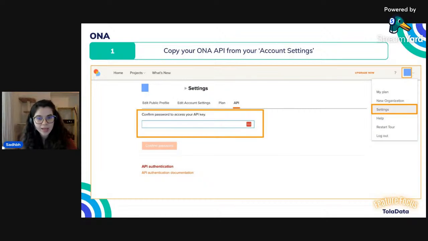So now, moving on to ONA, it's a very similar process. Have your ONA account open, click on your profile or your avatar up in the top right. Within the drop-down menu, you should find the settings. Then under settings, go for the subsection called API. You'll initially be asked to confirm your password so that you can have access to this API. So input your password, select confirm password, highlight it, copy it, and then once more,